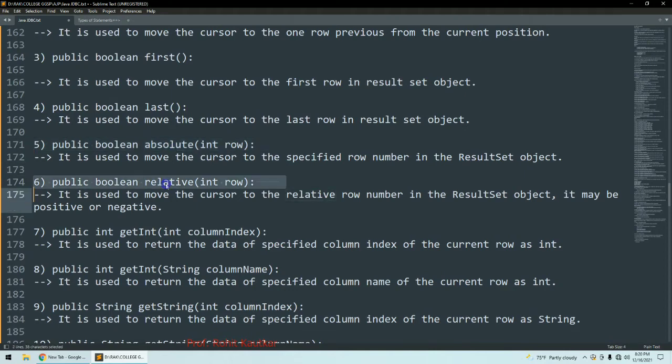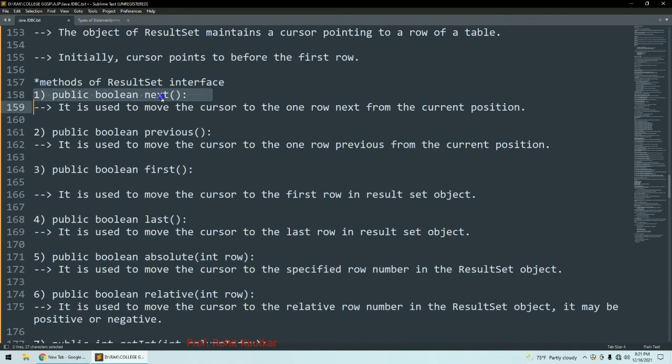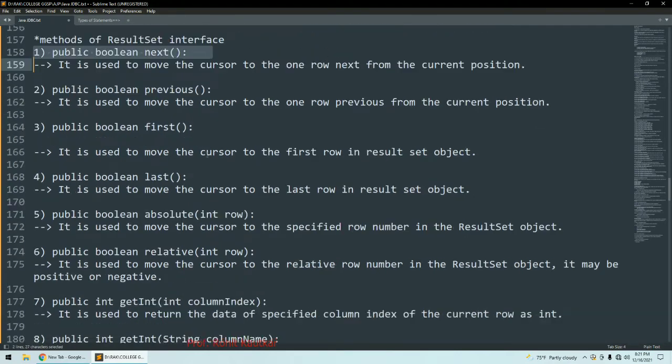Then next method you have relative method. So you can use it to move your cursor to relative row number in your result set object. So it may be positive or it may be negative. Okay, so basically this next method is used with a while loop. Okay, so in example I will demonstrate the use of this method.